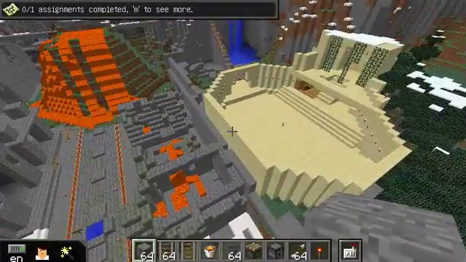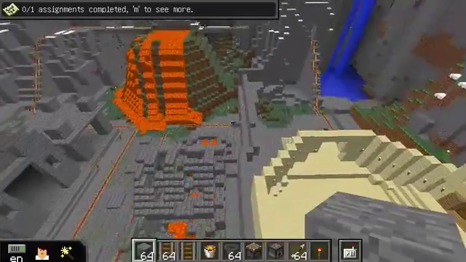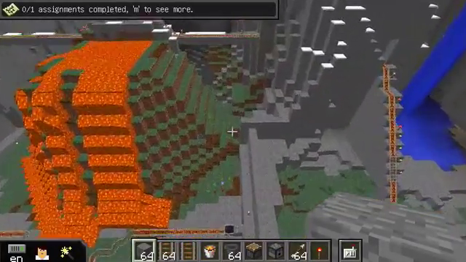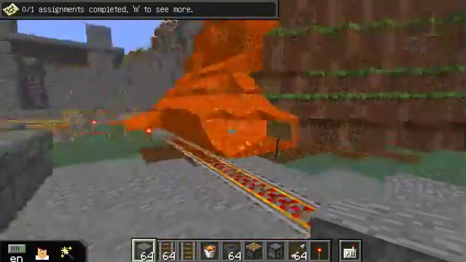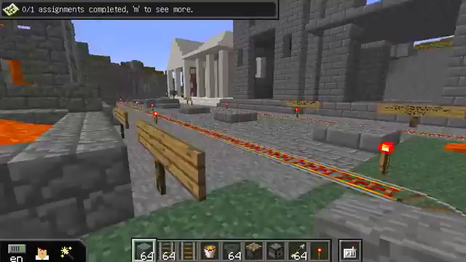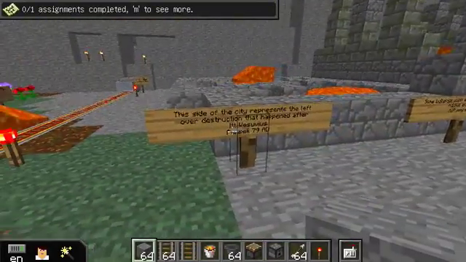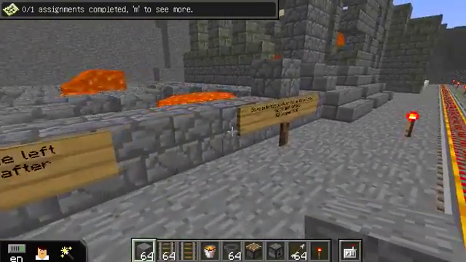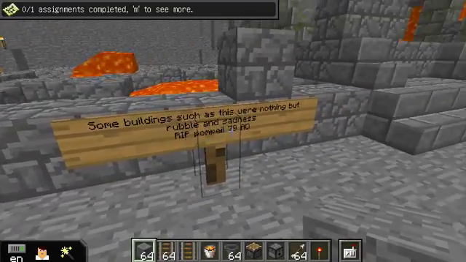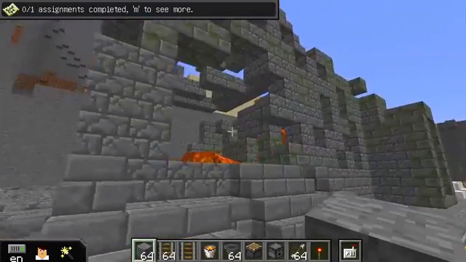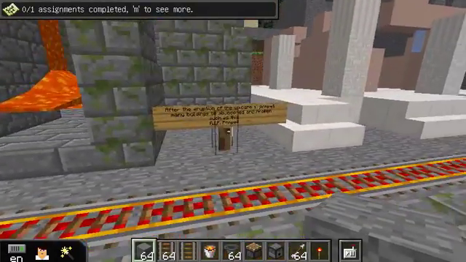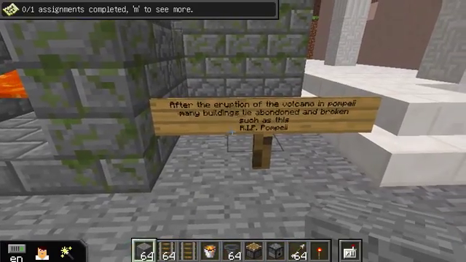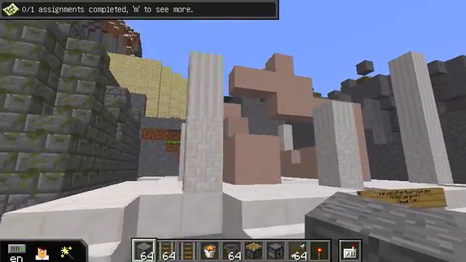So here's our monument for our final project. It is the City of Pompeii with two sides representing the before and after. You can start basically anywhere in our city. We have carts and lava and all our signs. As you can tell, the signs tell you what each part of the buildings are for. This side particularly is showing all the tragedy that befell after Mount Vesuvius had exploded. It's showing all the worn down buildings of the aftermath and everything like that.